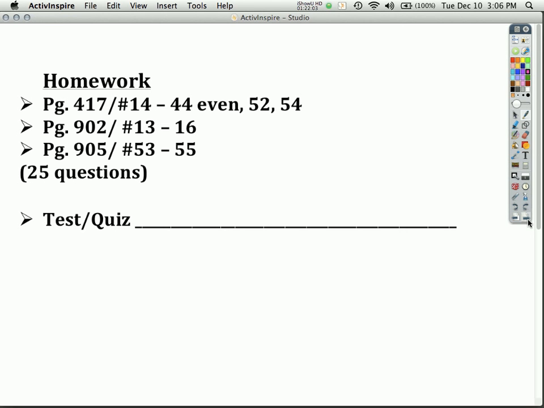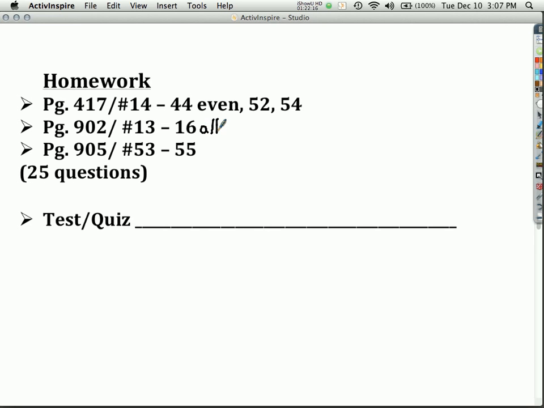Page 902. Make sure you write the correct page number. Page 902. Numbers 13 through 16, and that is 13 through 16 all. And then on page 905, you're going to do 53, 54, and 55. That's 53 through 55 all. And then on my whiteboard over here, I have